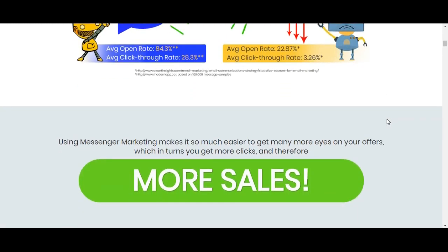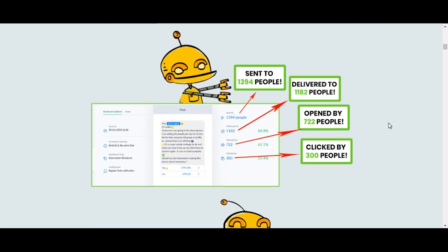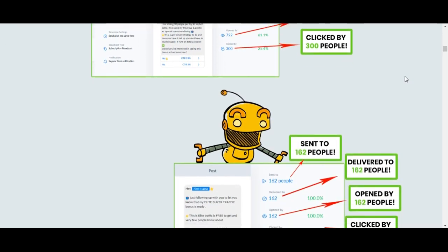So you guys can just read exactly what's on the page here. Here's a screenshot of inside Aidan's Messenger bot with ManyChat. You can see that's where he speaks of his headline about 1394 people, which he sent to. It delivered to 1,182 people, opened by 722, and 300 people clicked. So, guys, if he just got a 10% buy rate on those clicks, that means he made 30 sales. How cool is that? So you can start building your bot list and driving traffic with as